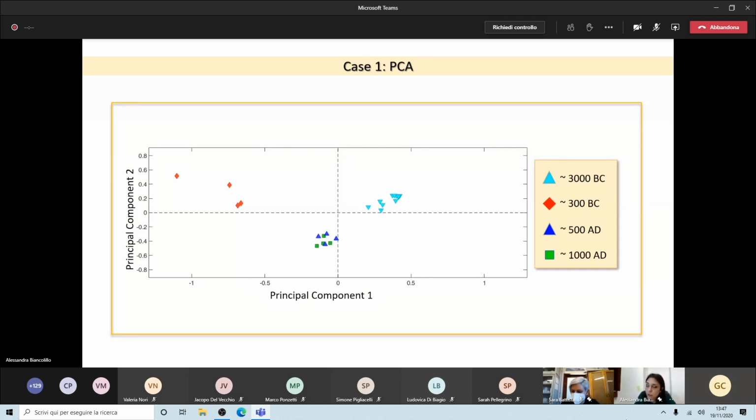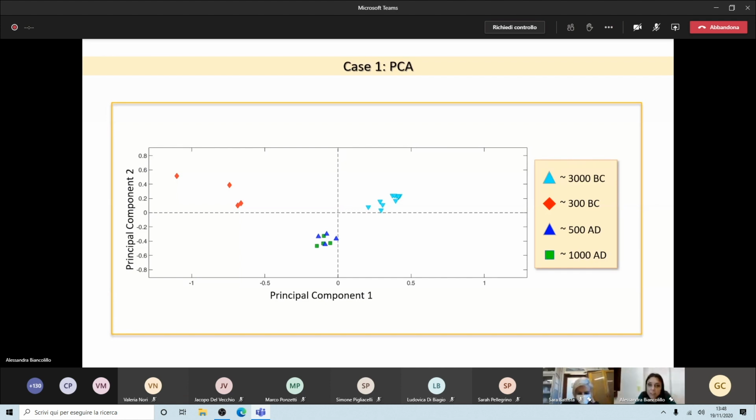So this is very important, because this plot that you see here means that it is possible to use this approach to discriminate the age of the samples. This means that if the archaeologists now unearth a new sample and they have no clue about the age of this finding, we can analyze this sample with the same analytical techniques we have used, so NIR and thermogravimetry.